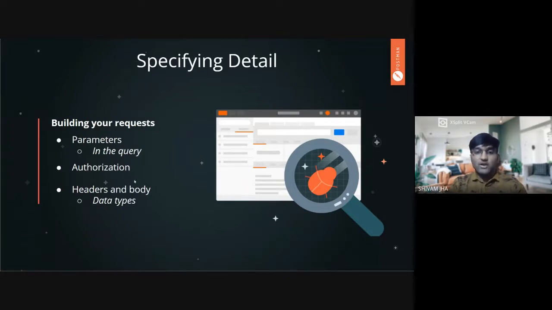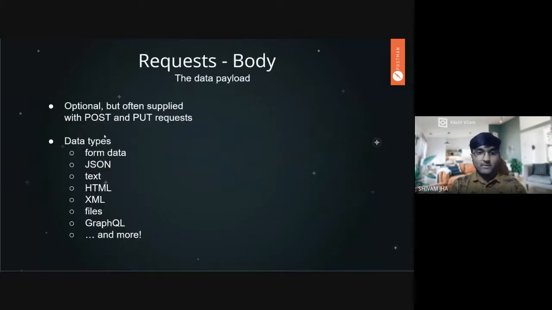Whatever goes into the body of the request is mostly for the use of storing in the database of the server. And headers can contain any specific secret passwords or secret keys that you need to send along with your body or along with your request, that can be stored in headers in the form of environment variables.